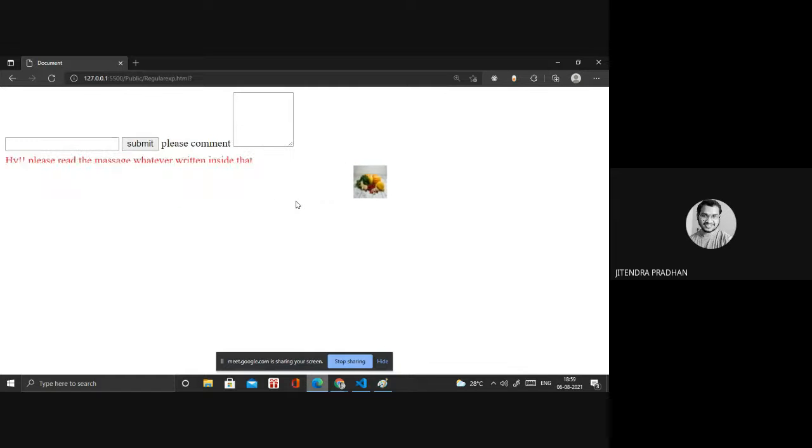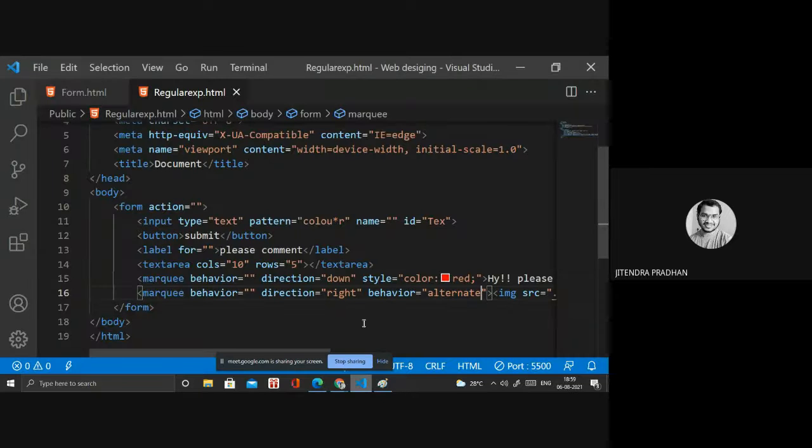So we can manage time also, because if you want speed, it will move. What happened? It is not working. Wait, I will check that one. It's behavior. Yeah, I need scrollamount, I think.